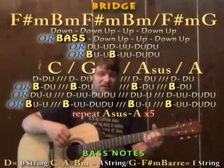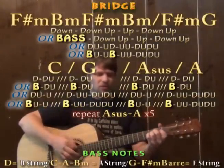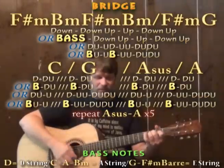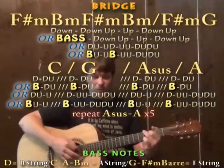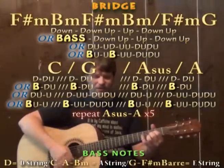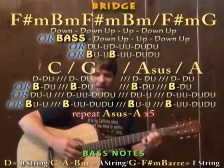So we did that with our bass down, up, we'd have B minor with an A bass down, up, down, E sus with low E bass down, B with low E bass down, G with low E bass down, up, down, C with an A bass down, G with low E bass down, A sus, A sus, A sus, A sus,